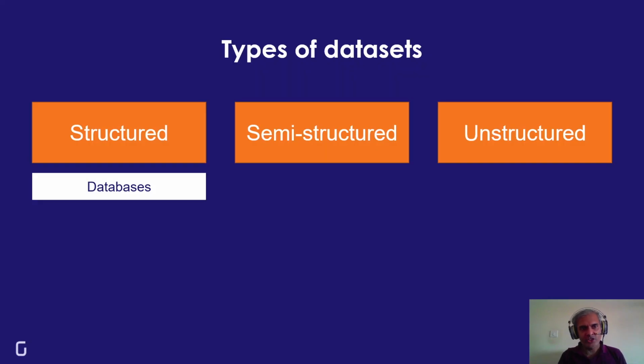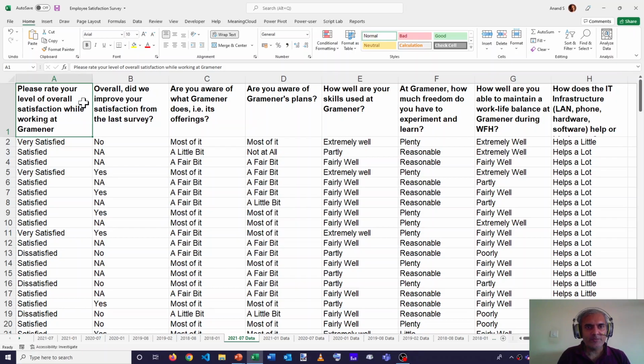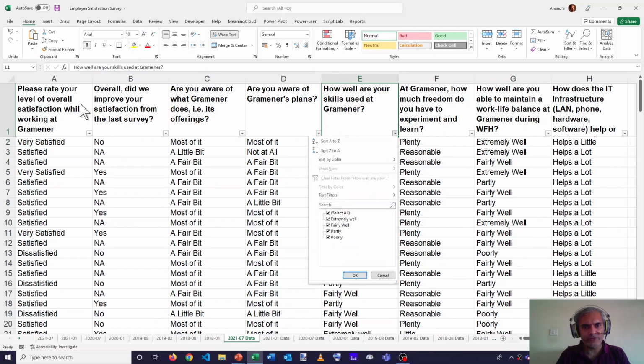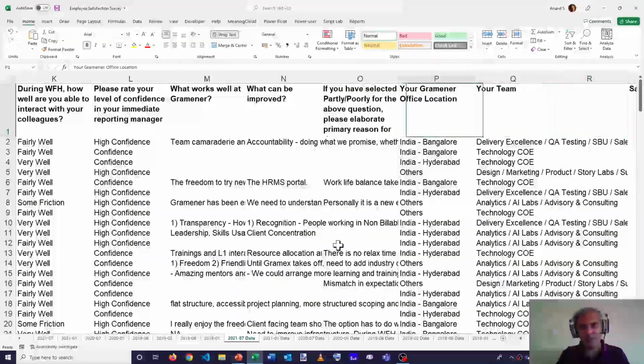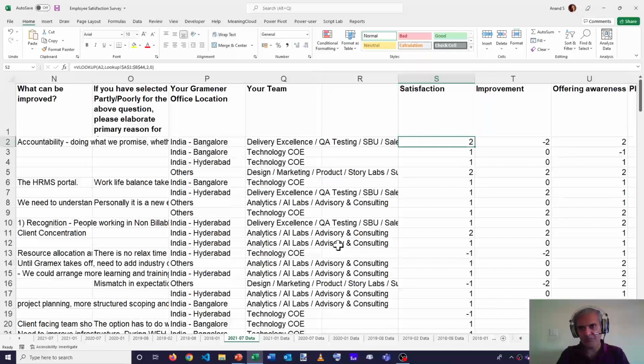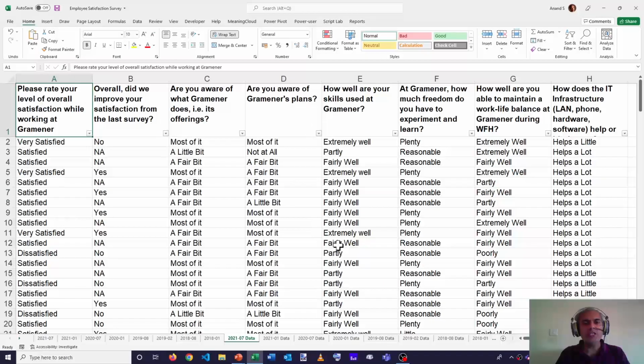Another example of structured data sources are spreadsheets. In a spreadsheet, quite often, you can put in data that is reasonably structured, like a table where you have specific columns, and each column can have a response that's more or less well defined. So it can only contain a specific set of values that may be predefined text, or it may only contain specific numbers. However, a spreadsheet is not necessarily used only for structured data. It certainly is possible to put in other kinds of data into a spreadsheet. So it's important to remember that structured data can be in spreadsheets, but spreadsheets are not always structured data.